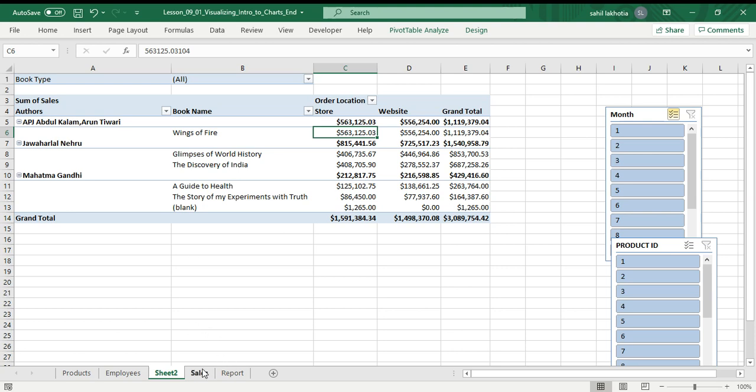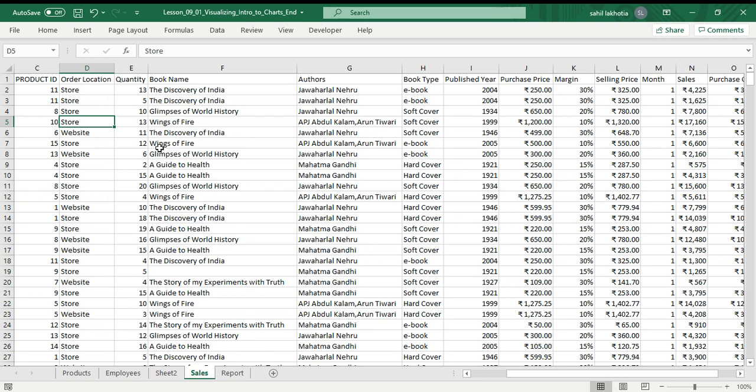What happens if my source data is in the form of a table? You might get this point. So I will go to our source sheet. Is it in the form of a table? No, it is not formatted in the form of a table. What is a table? A table means we should have filters, columns.